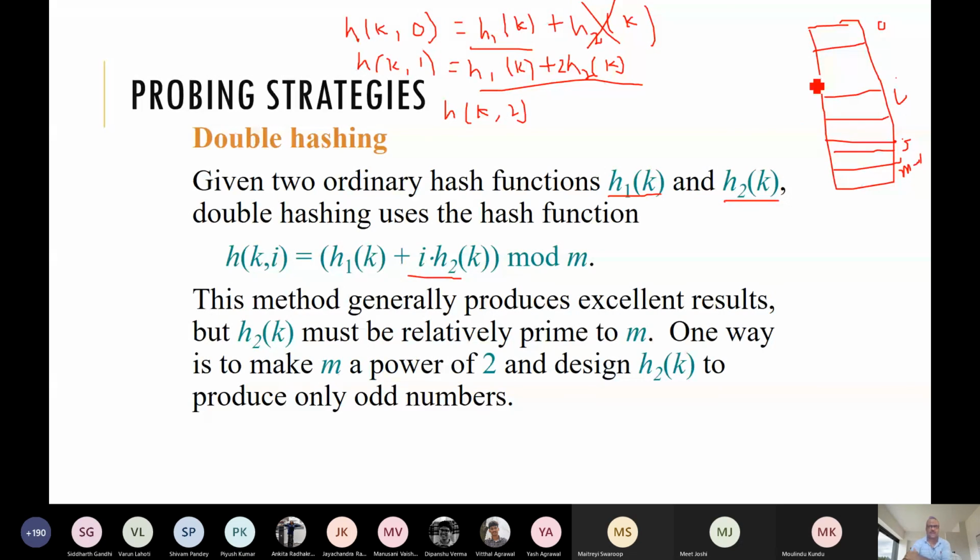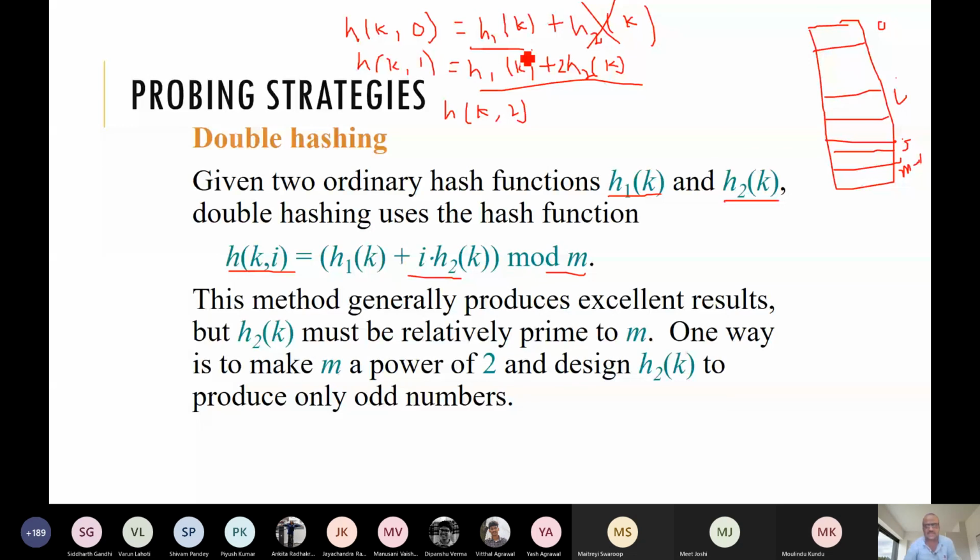So h of k, i is this. Every time we need to take mod in order to get a value from 0 to m minus 1. So again 3, 4 like this. Instead of i, we can take i square. We can even bring another hash function h3 like this, and they are already computed, so we can make use of that and do this probe sequence.